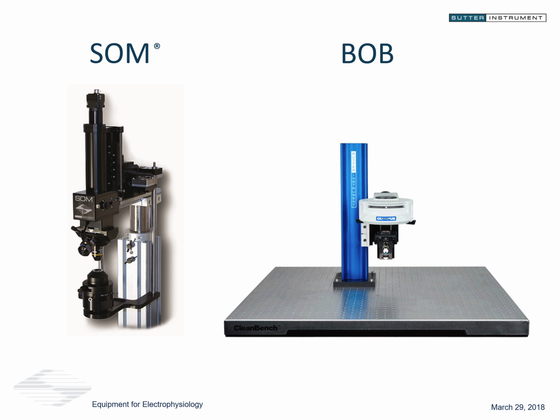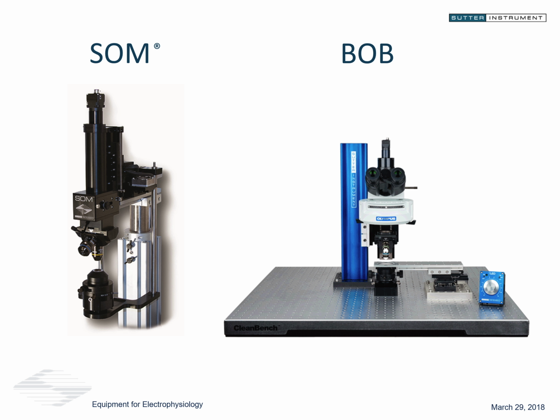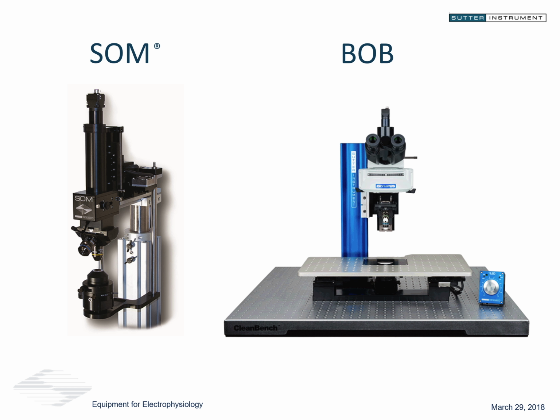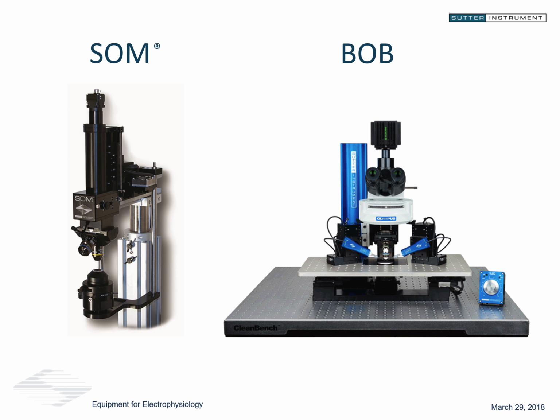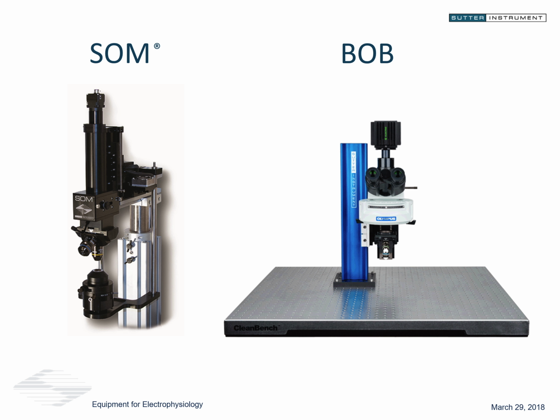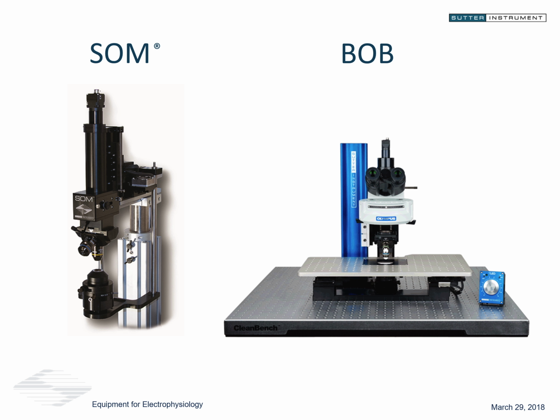There are gantry stages and platform stages. Some people might build their own sample holding apparatus underneath the microscope as well. The very open platform Bob microscope is upgradable to two-photon microscopy in the same way that the DF scope is as well.